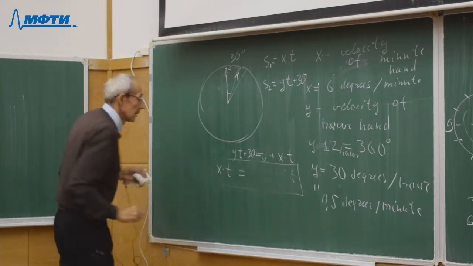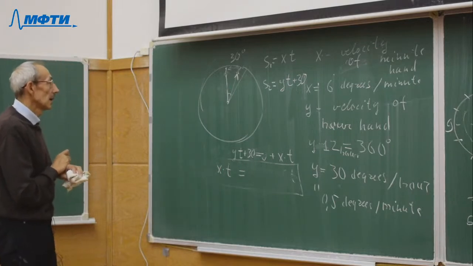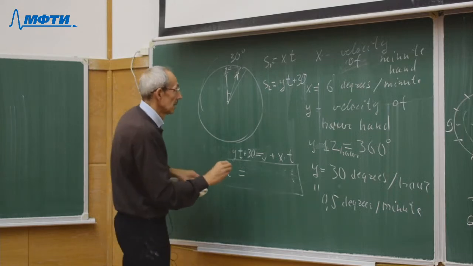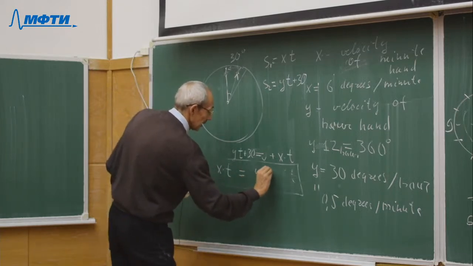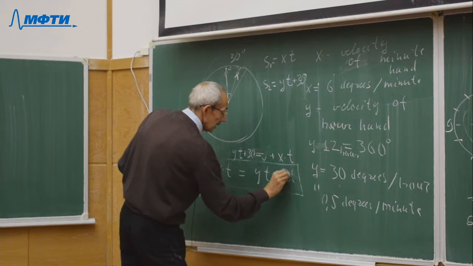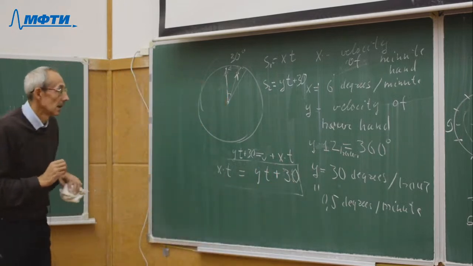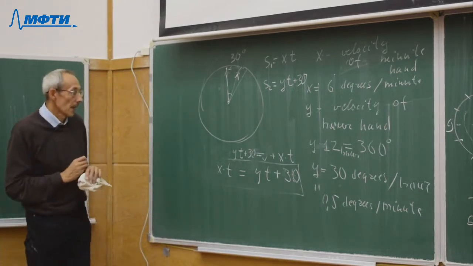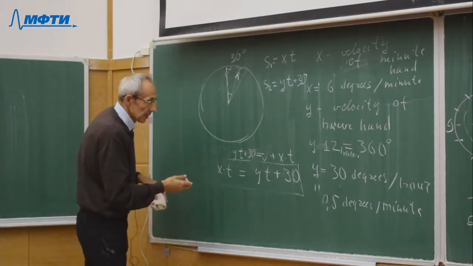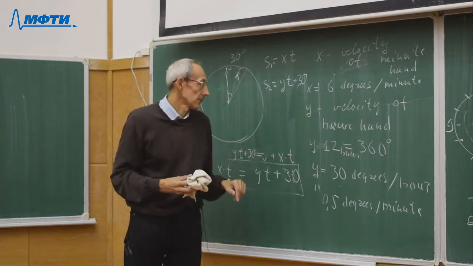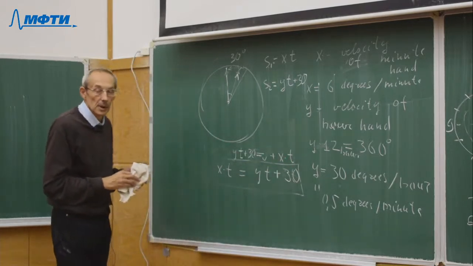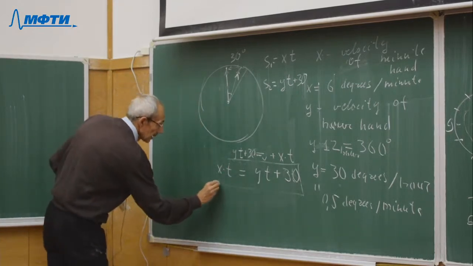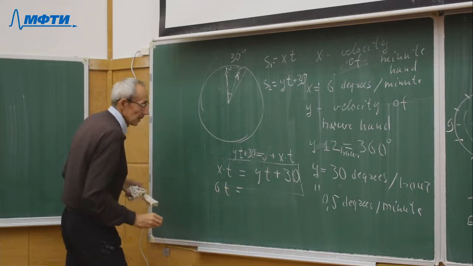X multiply t is equal y multiply t plus 30. It's right. And substitute the values for velocity of midland and whole hand, and we obtain 6 multiply t is equal